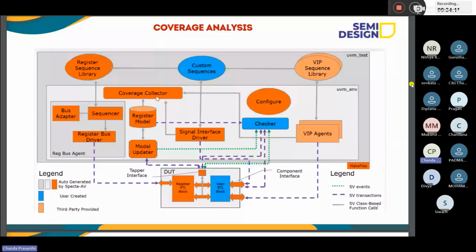Okay, writing the test case, whether the test is pass or fail, uploading the coverage, extracting the coverage report, and checking the coverage. Whatever hit bins are there, and whatever not-hit bins, nothing but the holes, just go through what the holes are and check which test cases will hit those holes. So you need to work on the test cases for whatever remaining holes are there. Okay, so this is what exactly happens in real time. Clear, everyone?